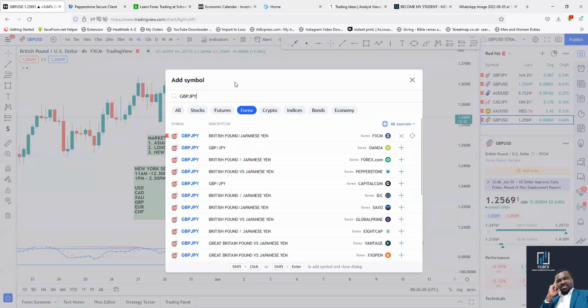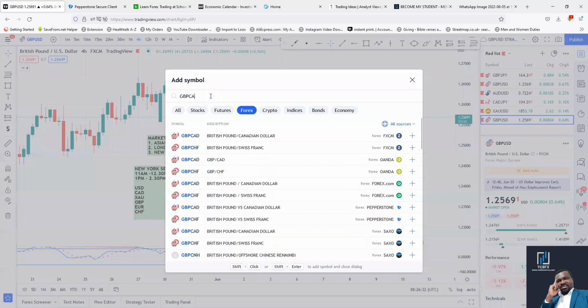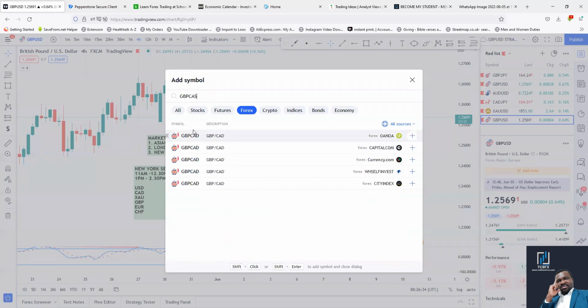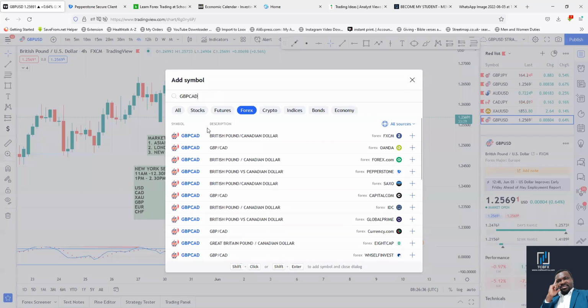So you just need to look at which one you're pairing. If you want to pair with Canada, CAD is there. You pair British pound to Canada. Why? Because when the London session is active, the New York session at that moment, in most cases, except if there is fundamental news, is weak. So you want to look at that.